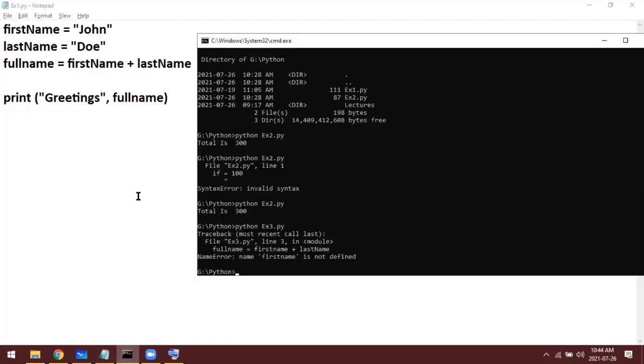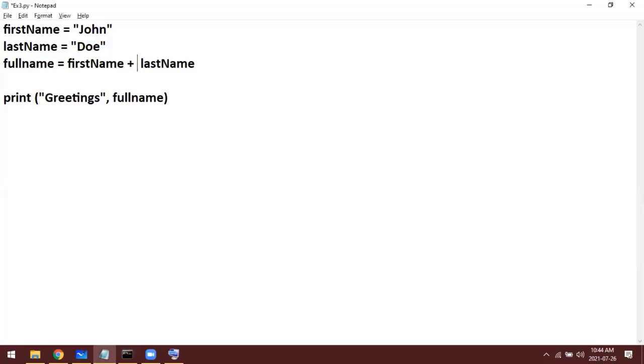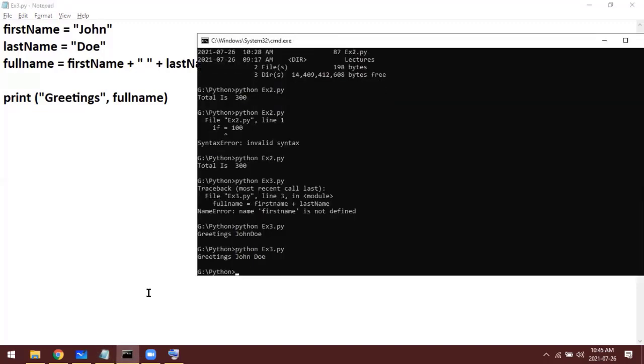Now hopefully we will get the output, right? Greetings John Hugh, right? So if you want to make a space between first name and last name, you can do so. I'll get the output like this, right? Greetings John Hugh.